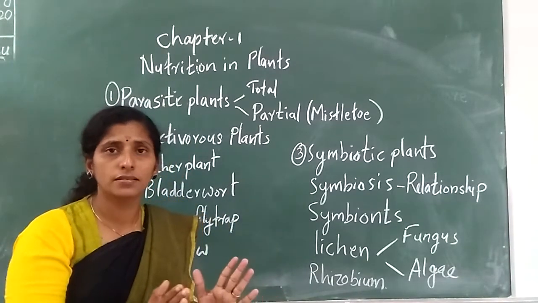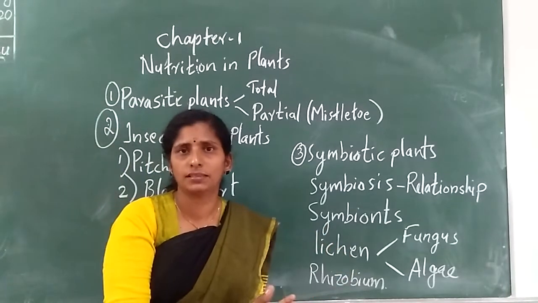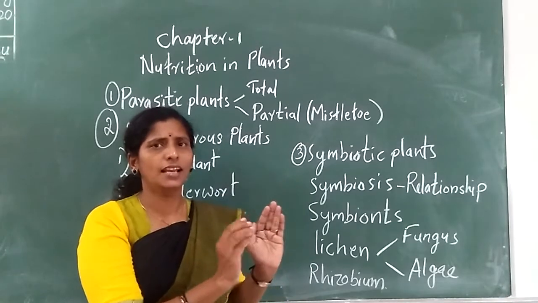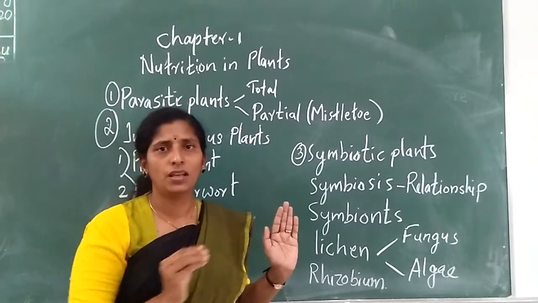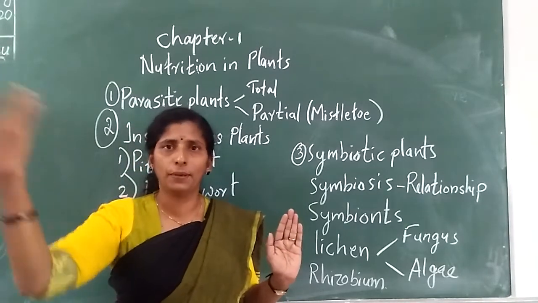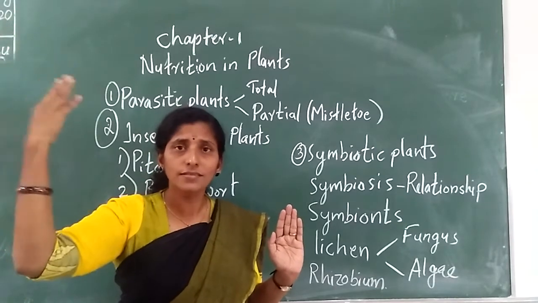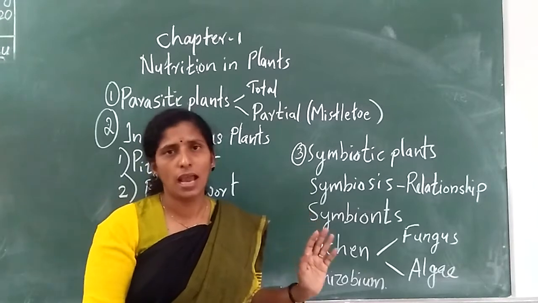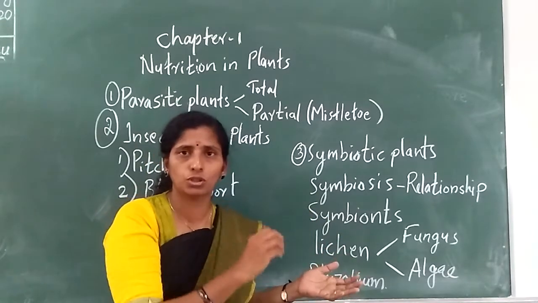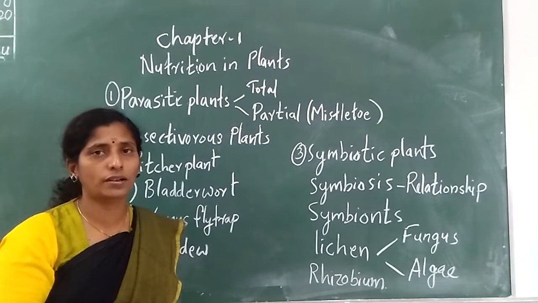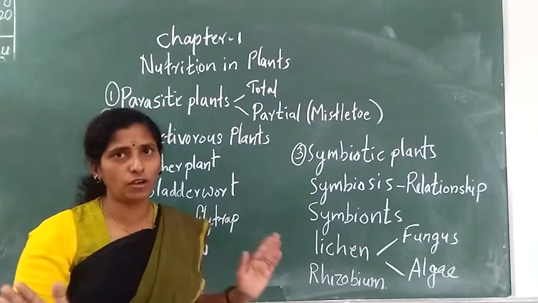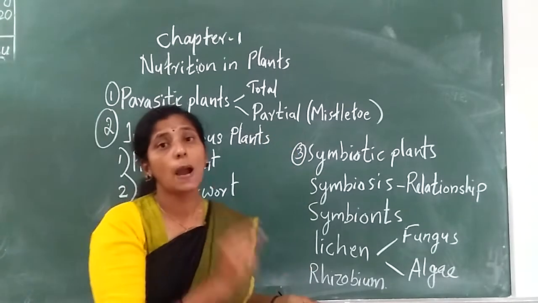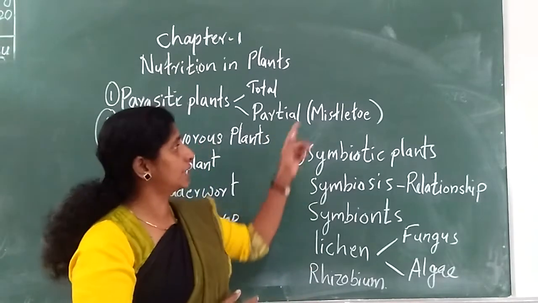But some plants are a little better than these plants. They just want to take shelter and take some nutrients only. The other things they prepare from the sun, by photosynthesis. They make their own food, but some nutrients they take from the host also. Such parasites are called partial parasites. Not fully, only partial. An example is